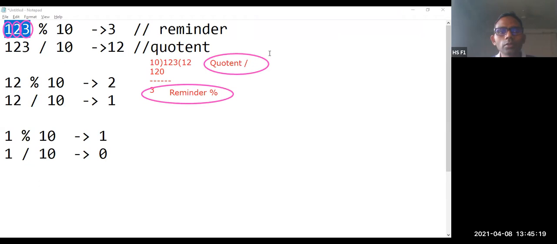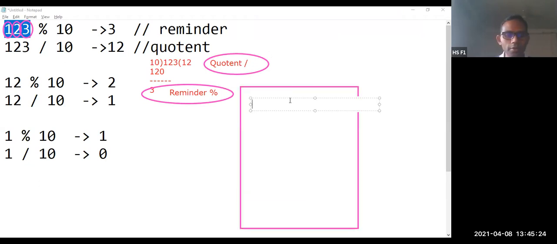We are going to have, instead of 123, some n value. So here you're going to write n % 10. What is this n % 10? You are going to get a remainder. Remainder is equal to n % 10. The next statement is n divided by 10. If you consider 123 as n, you're going to write n is equal to n / 10.